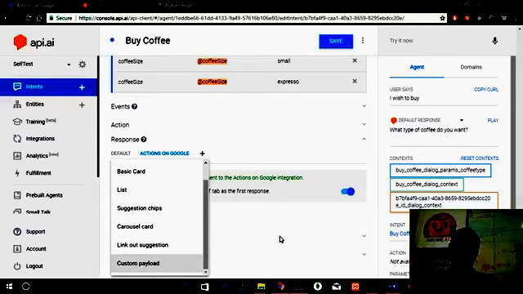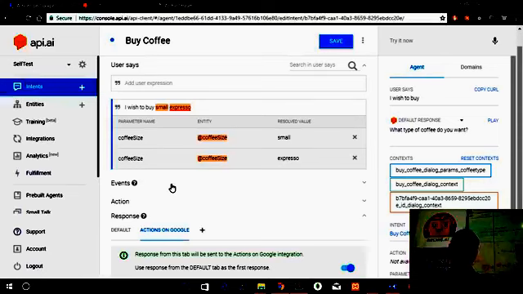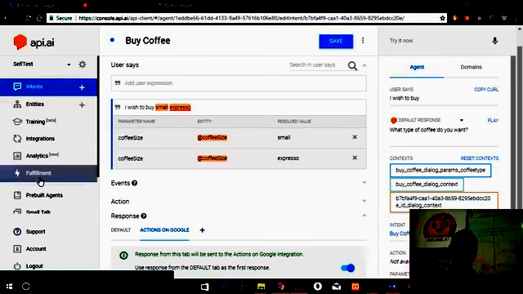But not always do we have actual responses right away from the app. These are static responses the app is giving by itself. We need something more than that. We need something which is actually residing on a server, which is called a fulfillment. So let's go to fulfillment.